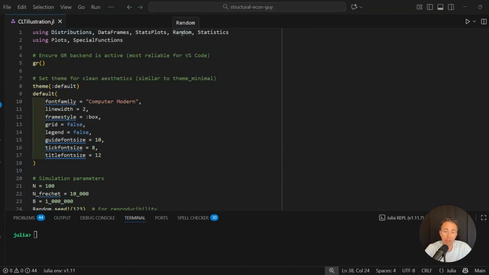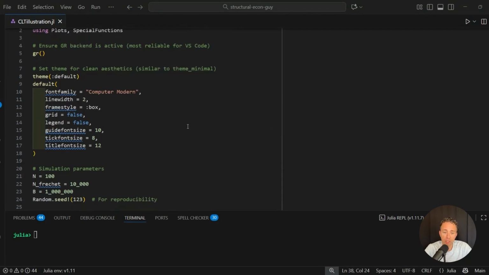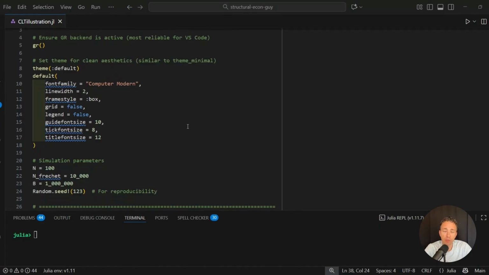So the Random package, the Statistics package, the Distributions package, and then a couple of plots packages. And then Julia is not as friendly in terms of creating plots and exporting plots as, say, R's ggplot. So there's a bit of code to initialize the style of things, but this is just boilerplate code.